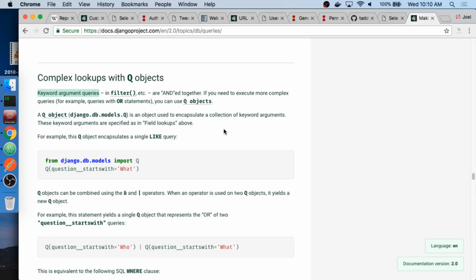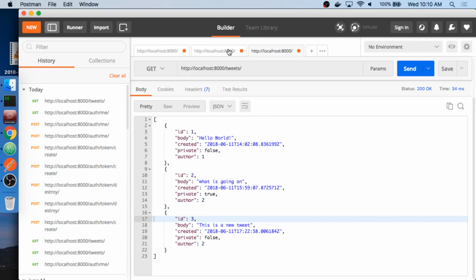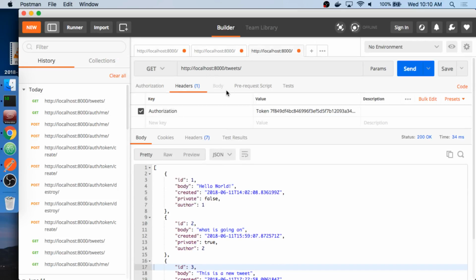But I also want to filter it down by the logged in user. So I want to come out into Postman, and I want to say, if I'm not logged in, well, first off, if I'm not logged in, what do you think is going to happen here? It's not going to show anything? Does anybody want to take the bait for just going to show an error?